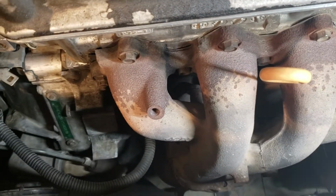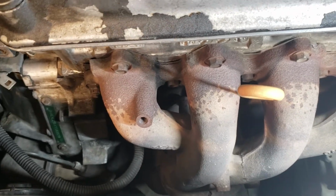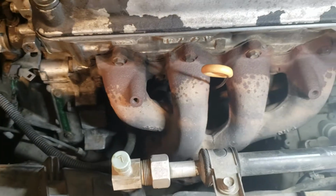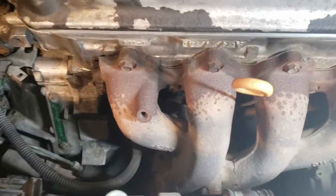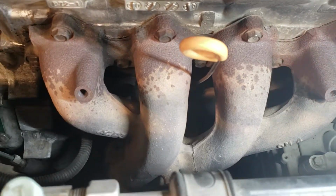It's like 1.1 or something fuel trim extra. That's how much it's dumping. So we're gonna give this a try. Gonna knock this manifold out